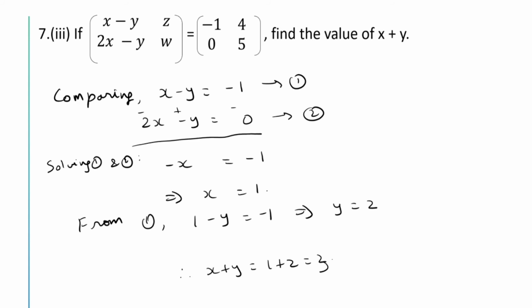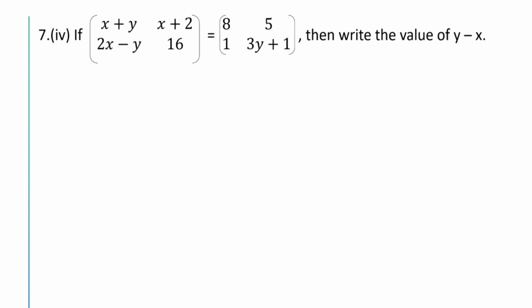Next question. If the matrix x plus y, x plus 2, 2x minus y, 16 is equal to 8, 1, 5, 3y plus 1, then write the value of y minus x. So here, if we compare the elements in the first row of both the matrices, then we will be able to get the value of both x and y, and from that we can find the value of y minus x. So comparing